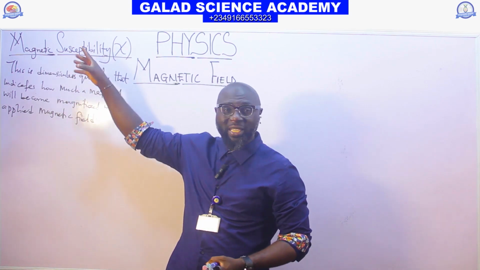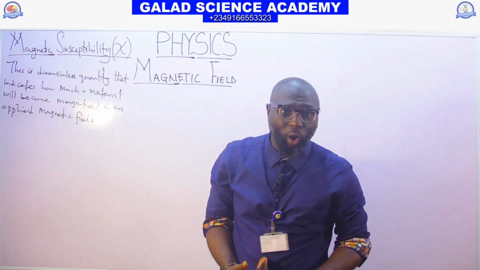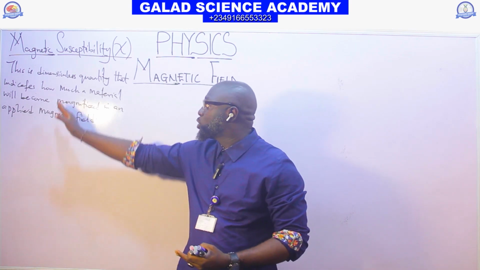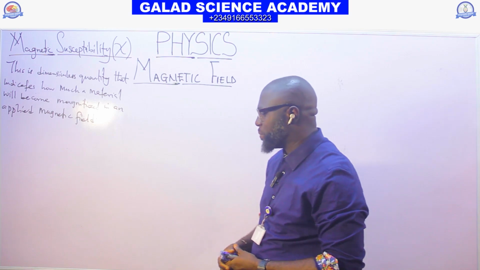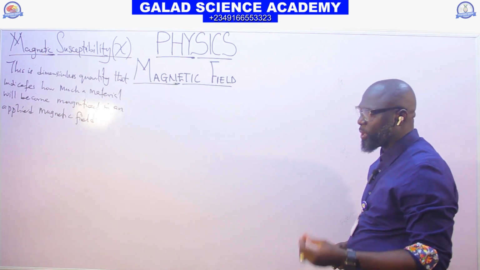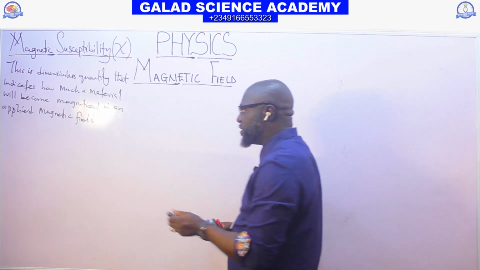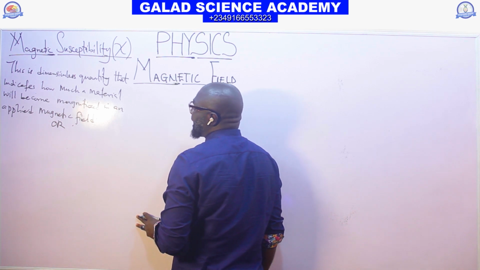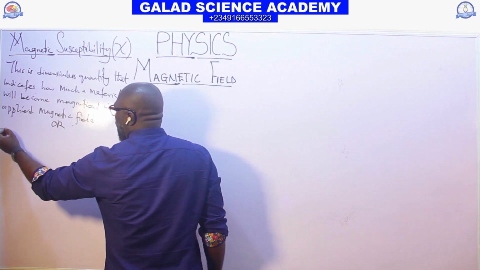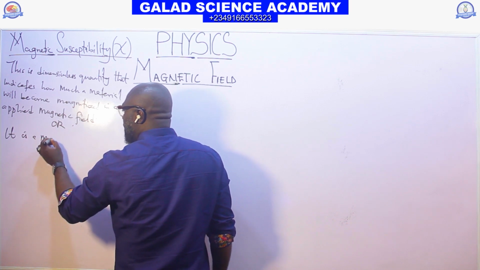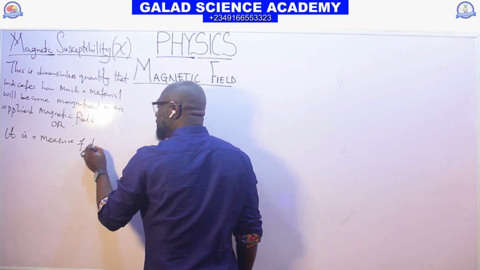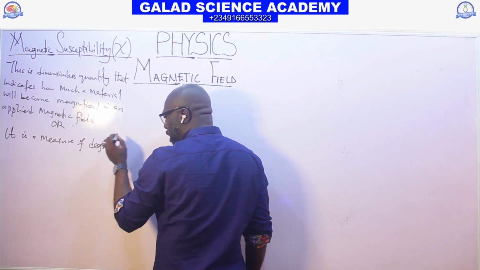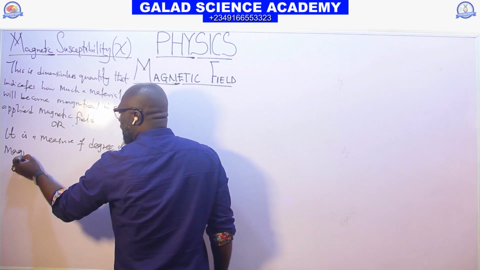So this magnetic susceptibility tells us, or is a measure of, the degree of magnetism of a material. That is magnetic susceptibility. Or you can also say, or let me take the definition, I said it's a measure of the degree of magnetization. Yes. Or it is a measure of degree of magnetization,